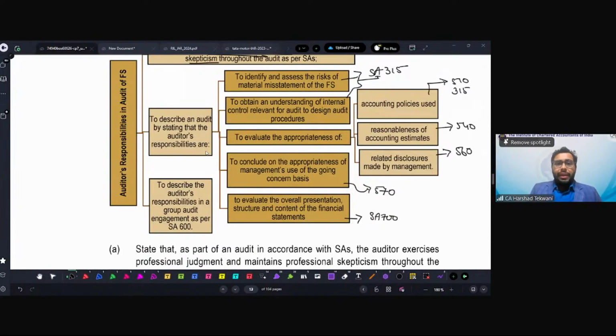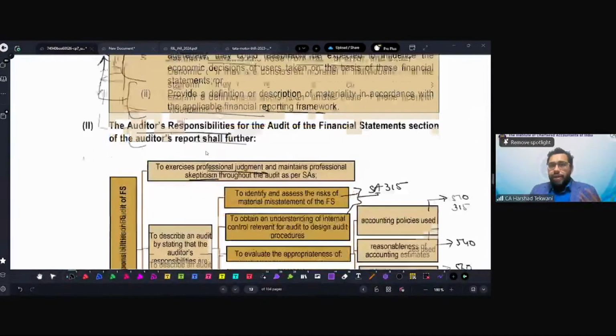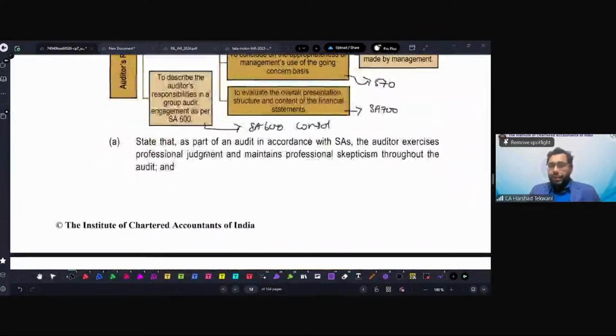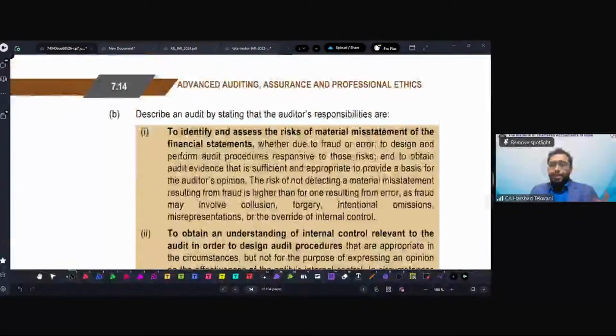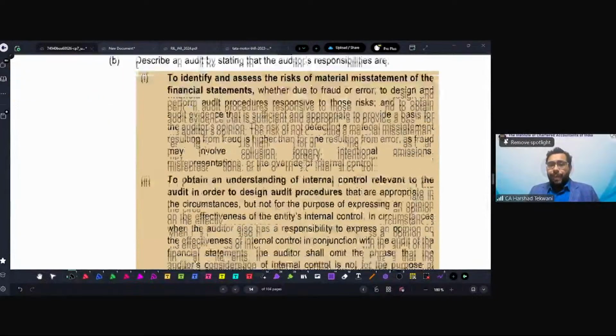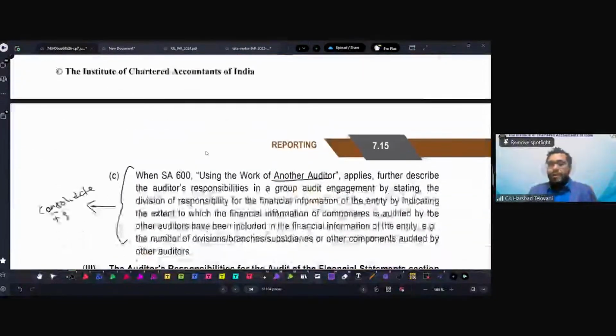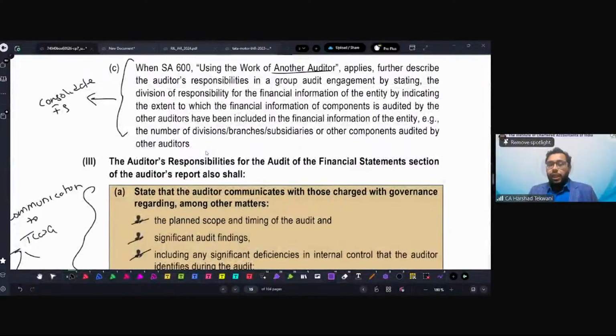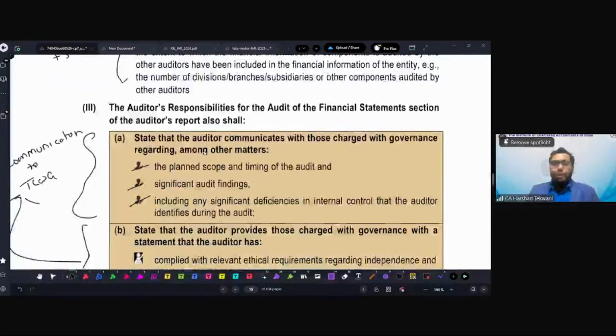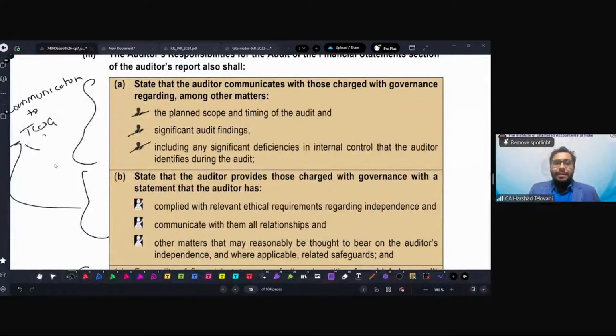Okay. Then you have a SA 600 responsibility, which we just now saw in case of consolidated financial statement. So this is what we have seen till now with respect to the auditor's responsibility. And these are, in detail, the description of the paragraphs, the same that we have seen now with respect to your audit report. Then comes the communication part, where you are required to communicate as per SA 260 and 265